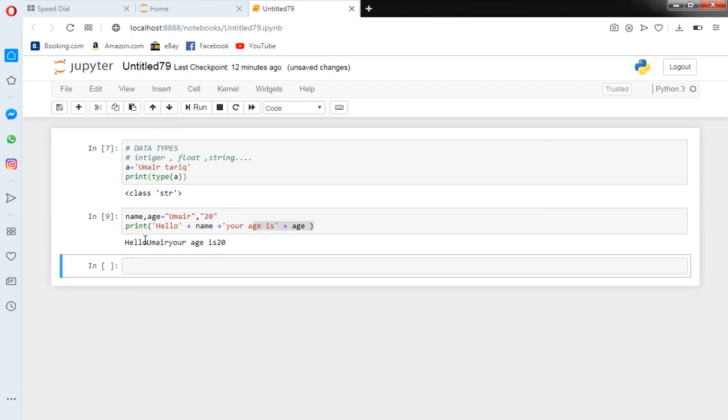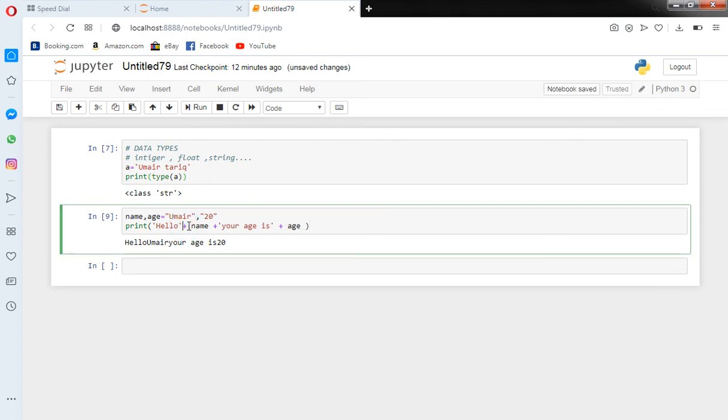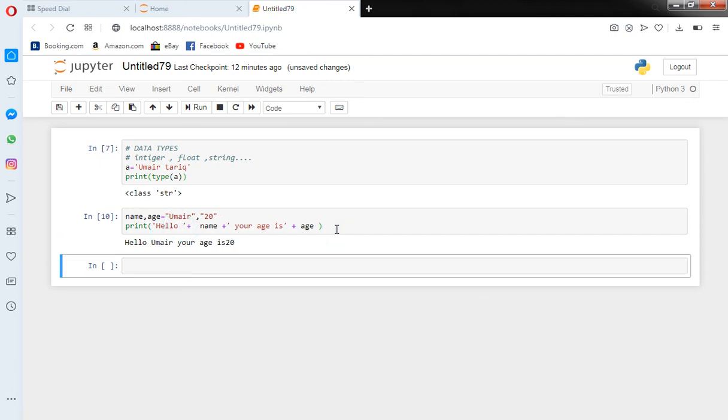Okay, if I run it, you can see hello Umair, your age is. There should be more gap here. Remove it and increase it. See, and there is a gap. Okay. If I run it again, now it is hello Umair, your age is 20.